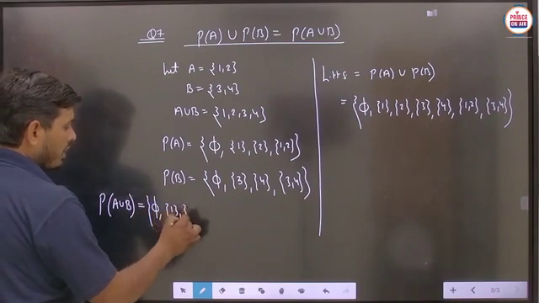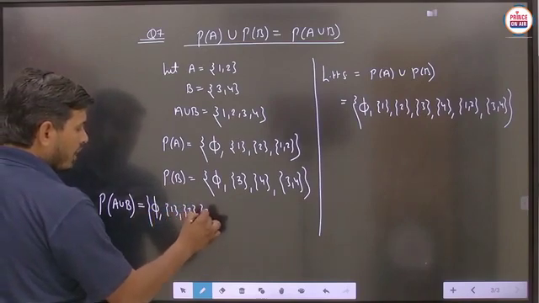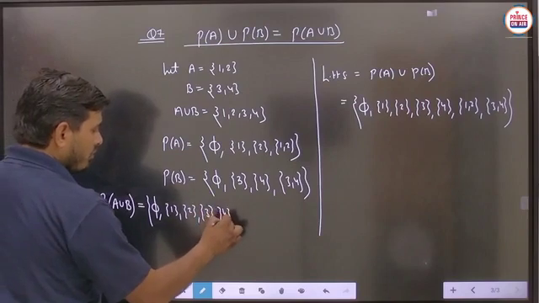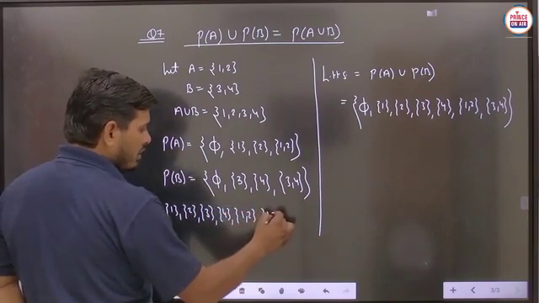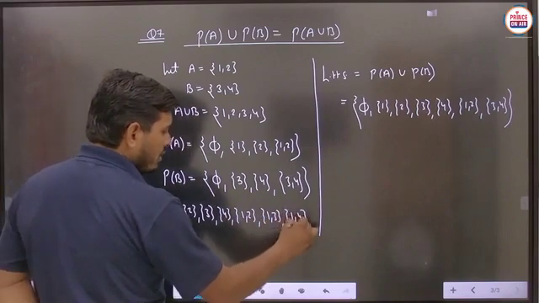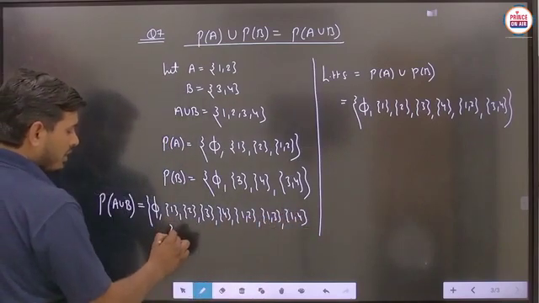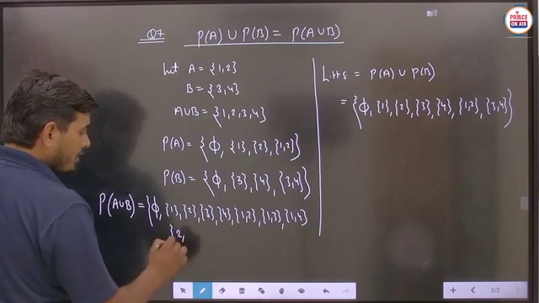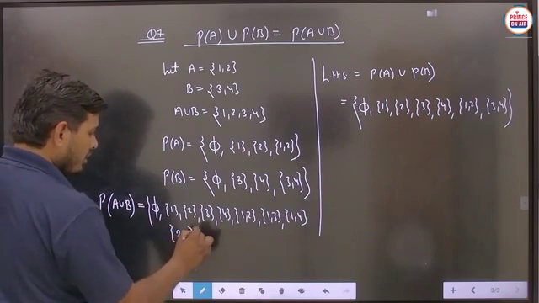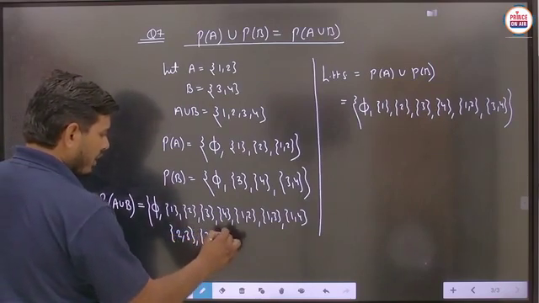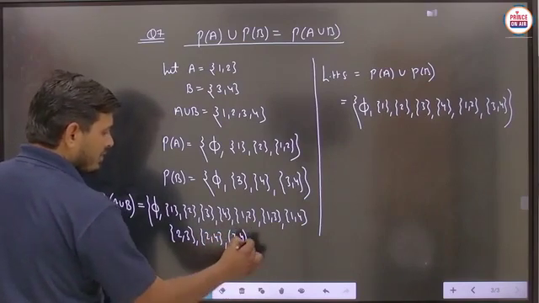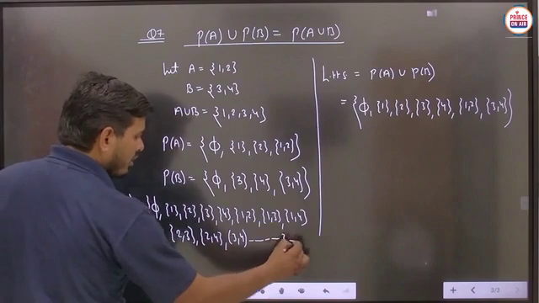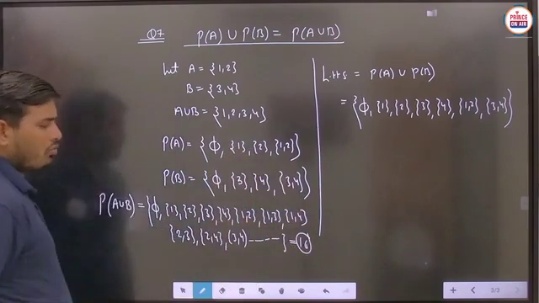So if the power set of A union B is to be written, then we have to write 1, then 2, then 3, similarly 4, then we will write 1 2, then 1 3, then 1 4. Is it clear? Similarly we will write 2 3, then 2 4, then 3 4, and similarly you can say that there are a total of 16 elements in this case,